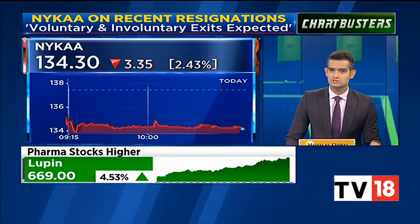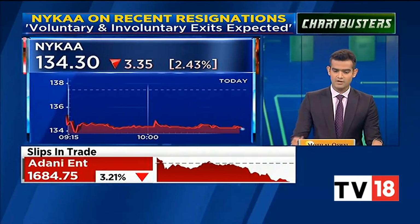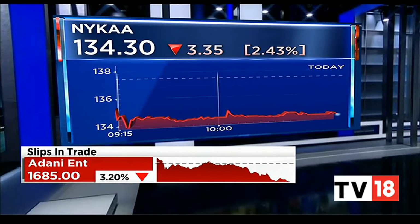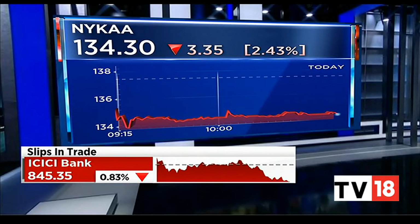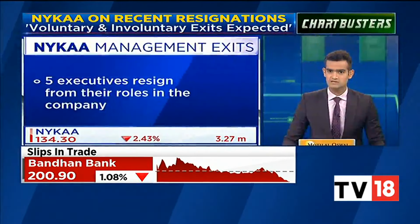The resignations include the likes of the Chief Commercial Operations Officer, Manoj Gandhi. We have Gopal Asthana, who's the Chief Business Officer of the Fashion Division, having resigned as well. Alongside that, we've seen resignations of the CEO of the wholesale business, Vikas Gupta, and 2 VPs of the fashion business have resigned as well. All of this